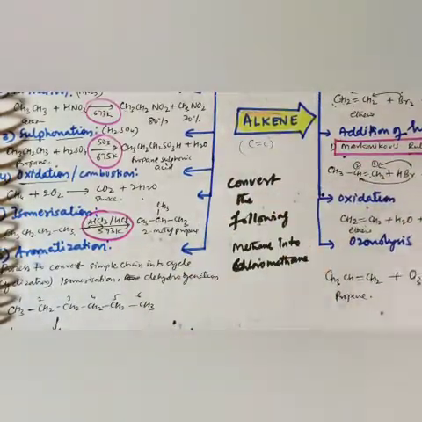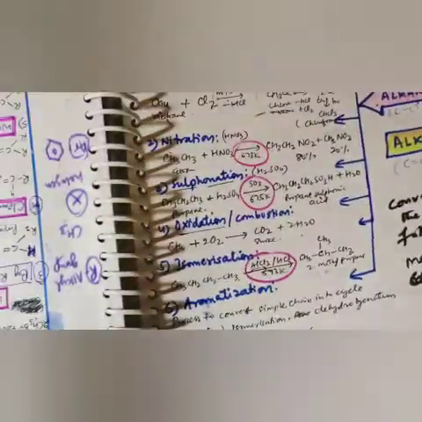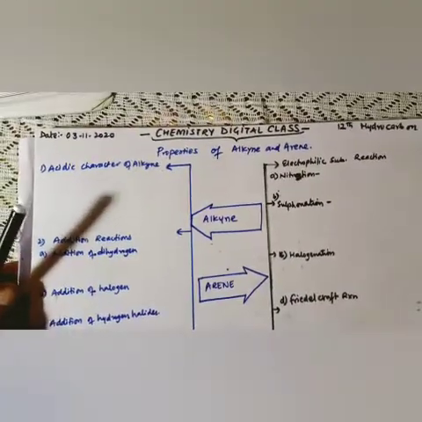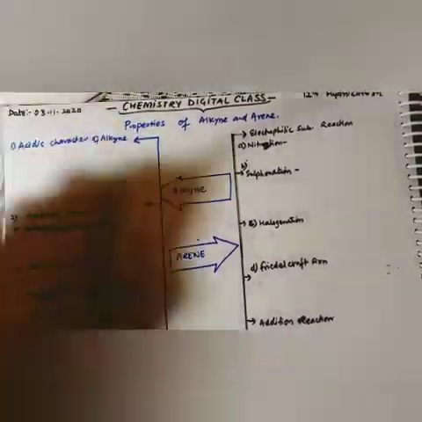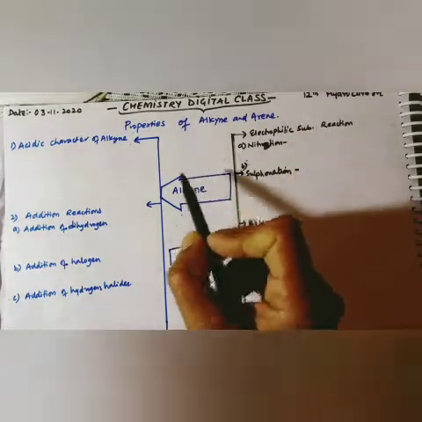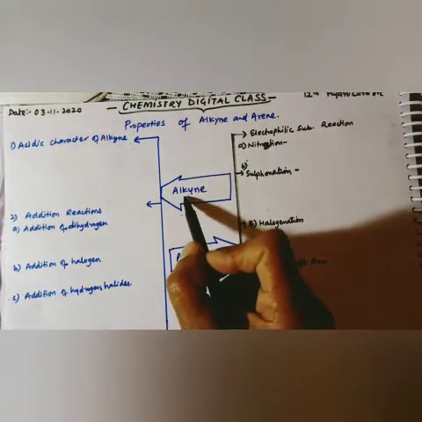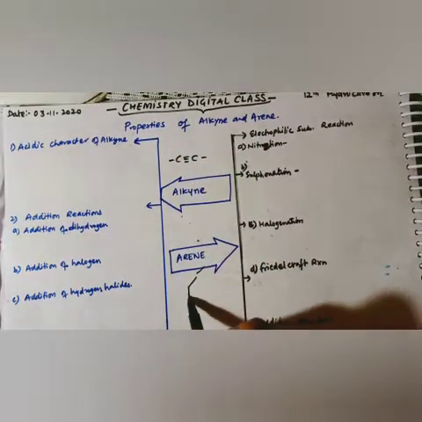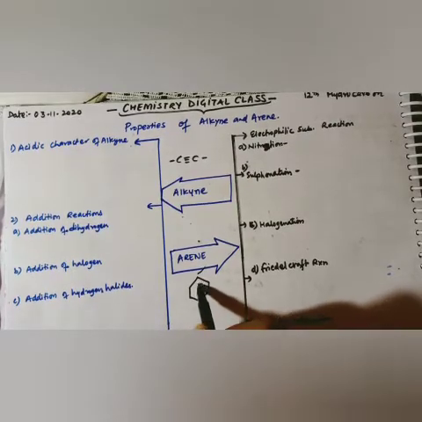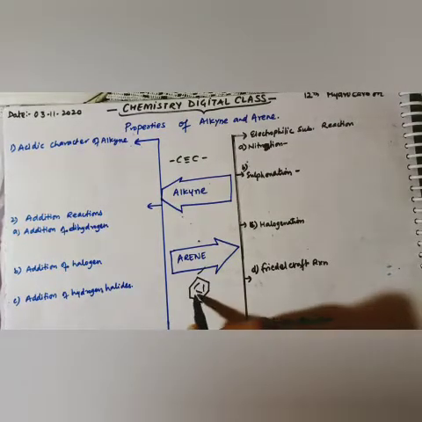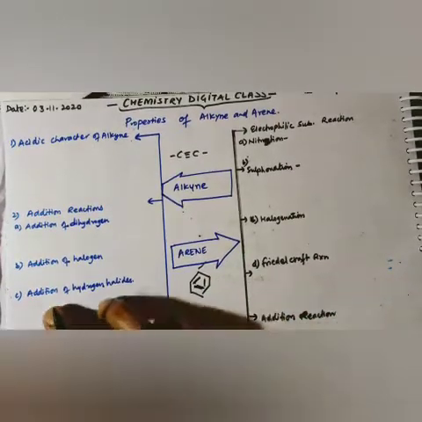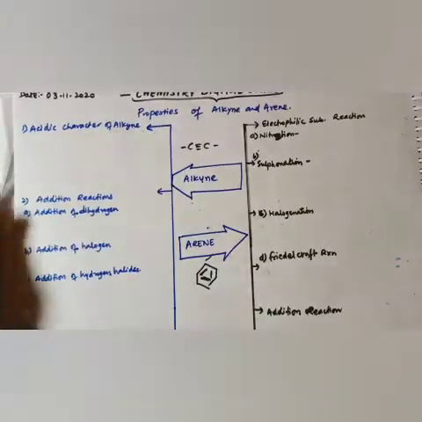Okay, and secondly we came to know the basic chemical properties of alkane and alkene. Today, in the same continuation, part 2 of yesterday's video, we are going to study the chemical properties of alkyne, that is C triple bond C, and arene, that is a benzene ring. You know very well what a benzene ring is. It is the 6 carbon ring which has double bonds at alternate carbons. One by one I am going to explain, so please pay attention and